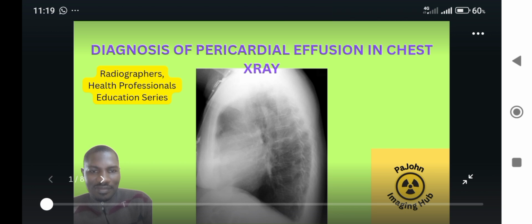In today's how-to series for radiographers and health professionals, an education series, we'll look at the diagnosis of pericardial effusion